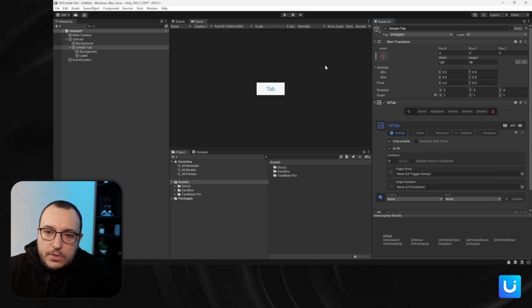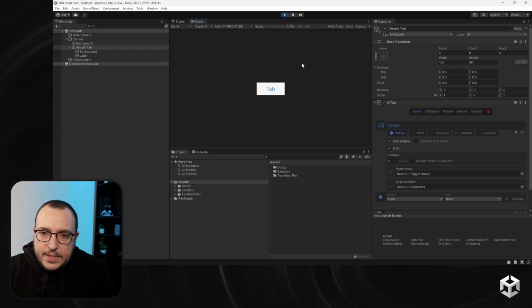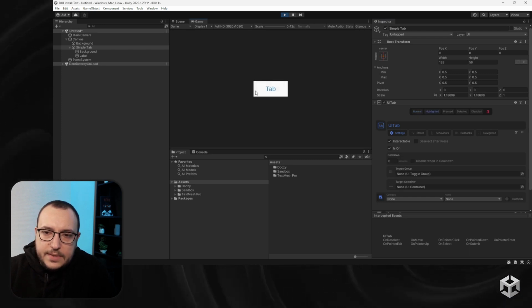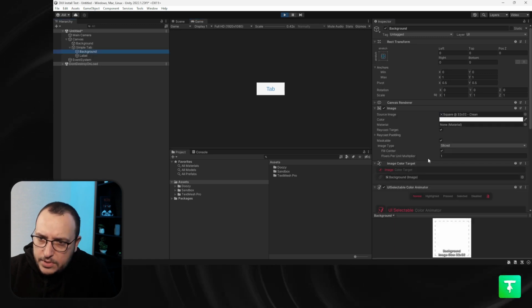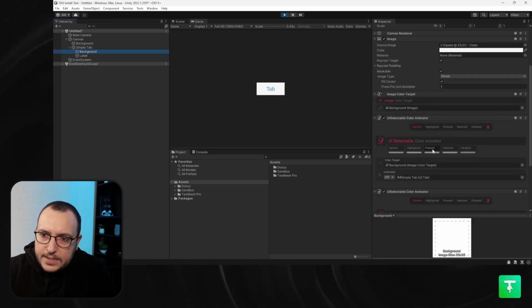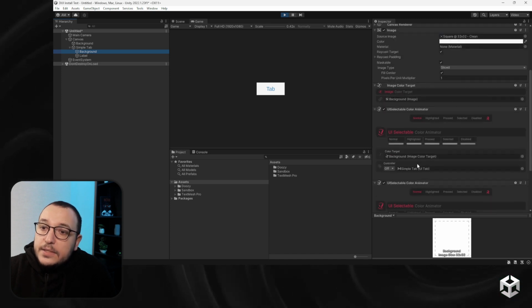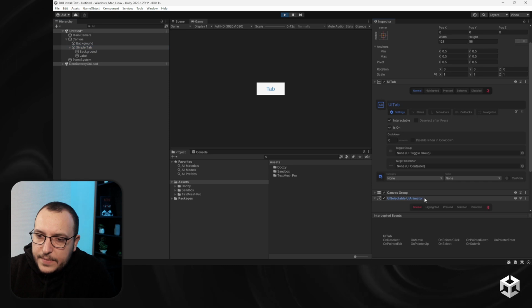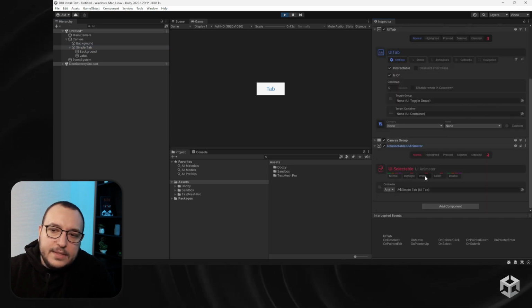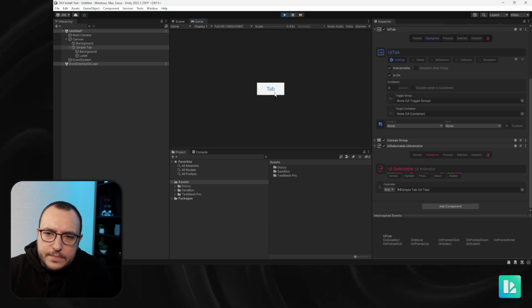All right, so let me enter play mode and let me show you this. So this animation is basically from the selectable state, and it's probably on the background. So this is it, is for the color. And we should also have one for, yeah. So this is the one that does the scaling part. And if I click it,